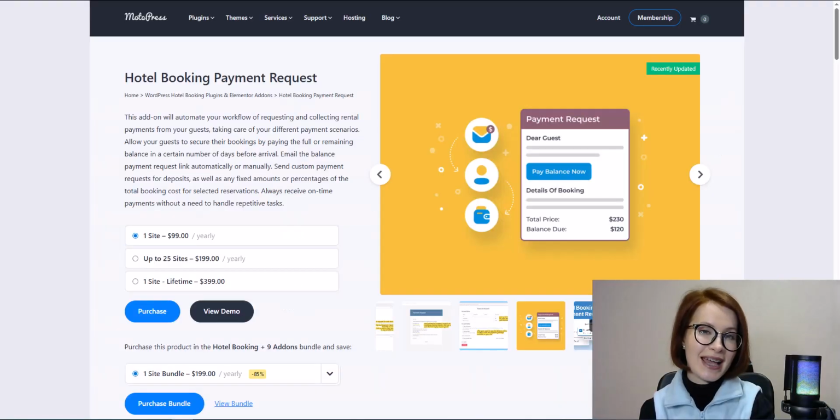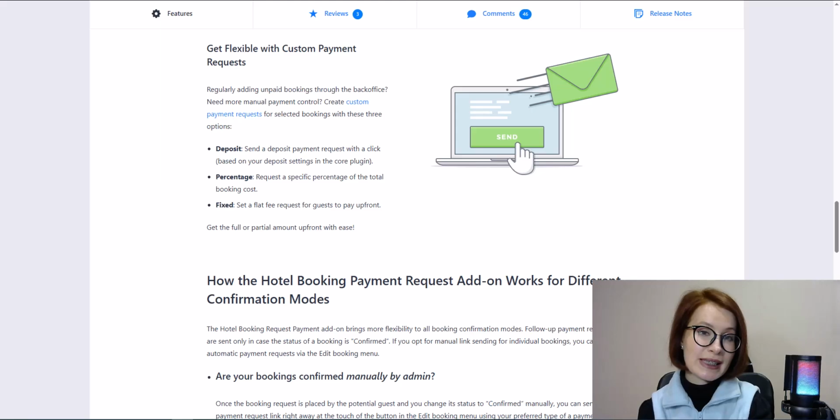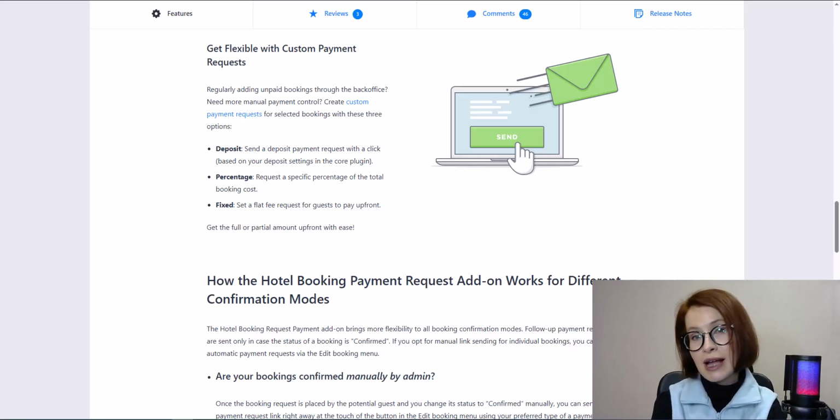Okay. Next, let's talk about the payment request add-on. With this add-on, you can collect payments from guests before their arrival. You can send a deposit request based on your deposit settings, ask for a specific percentage of the booking total, or set a flat amount for upfront payment. This way, you can easily get either the full amount or just part of it